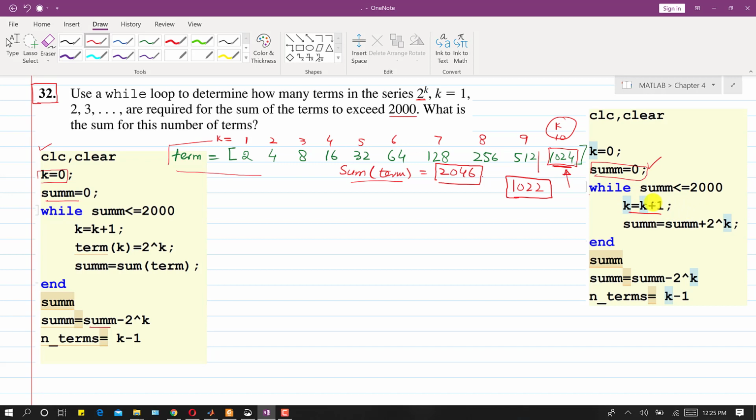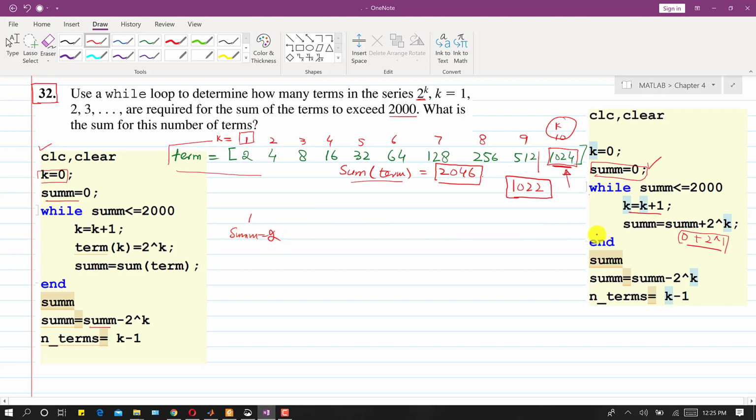In the first iteration, k will be 1, and then sum will be updated. Here we have 0 plus 2 raised to the power 1, so sum will have the value 2 in the first iteration, right?